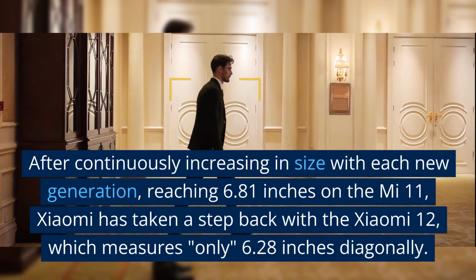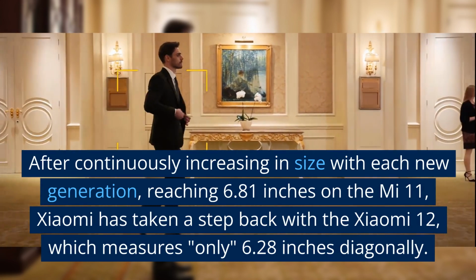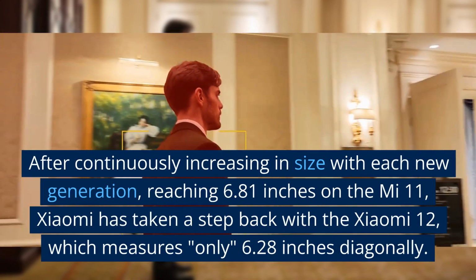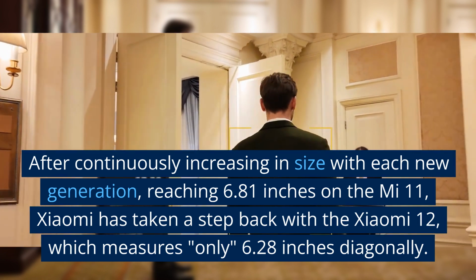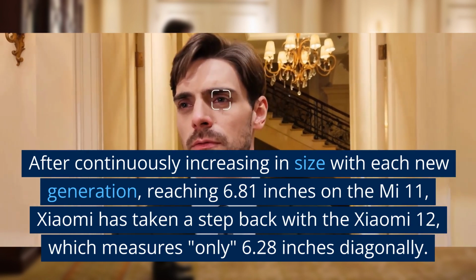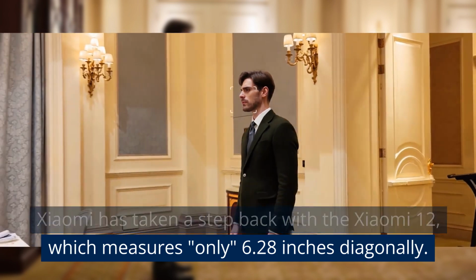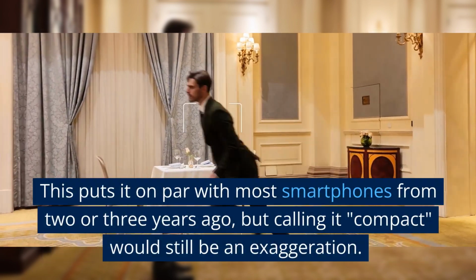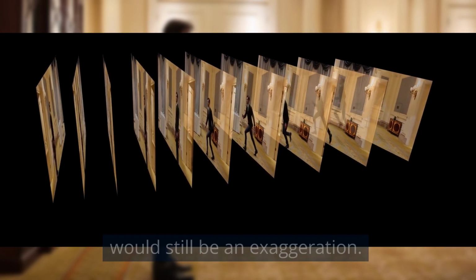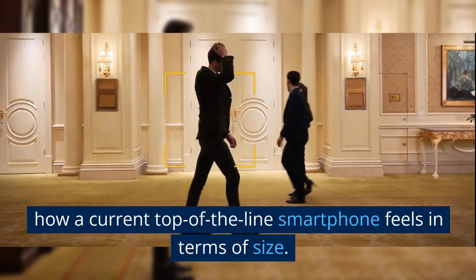After continuously increasing in size with each new generation, reaching 6.81 inches on the Mi 11, Xiaomi has taken a step back with the Xiaomi 12, which measures only 6.28 inches diagonally. This puts it on par with most smartphones from 2 or 3 years ago, but calling it compact would still be an exaggeration. However, it is difficult for readers to truly gauge how a current top-of-the-line smartphone feels in terms